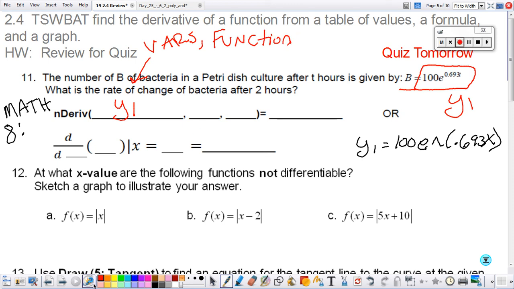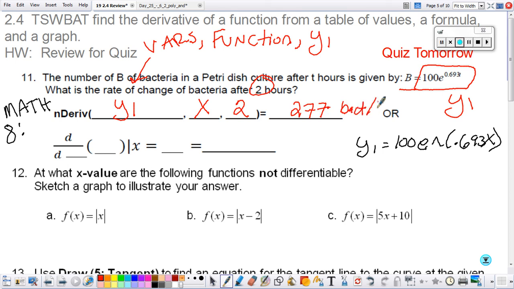Oh no, it's not function yet. I think it's y variables and then function and then y1. And then after you get the y1 here, you're going to press the comma, which is right above the 7. And you're going to type x, just like you would type an x in your equation. And then comma, and then we want the number where the derivative is, which is 2. You're going to get an answer around 277